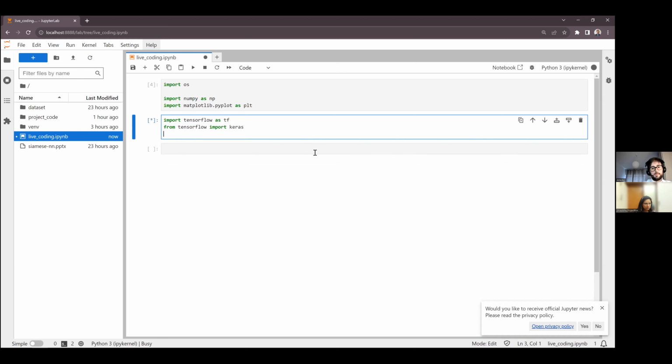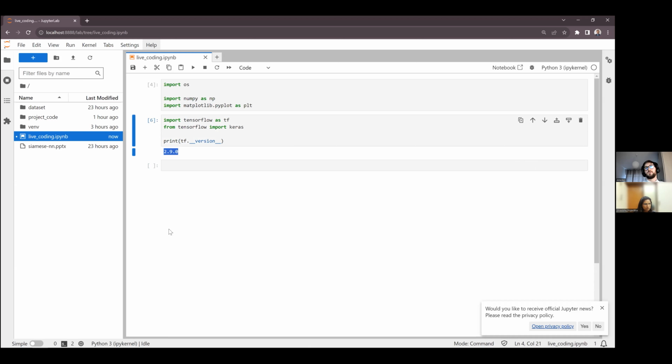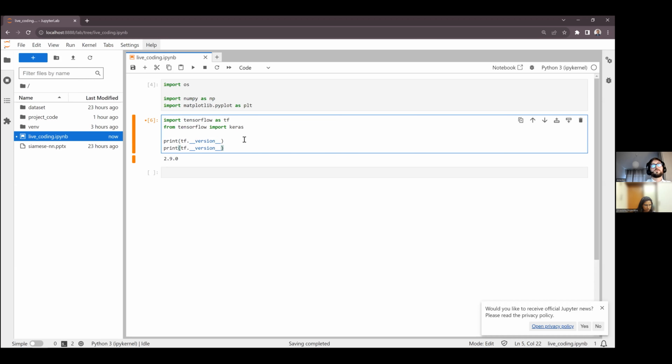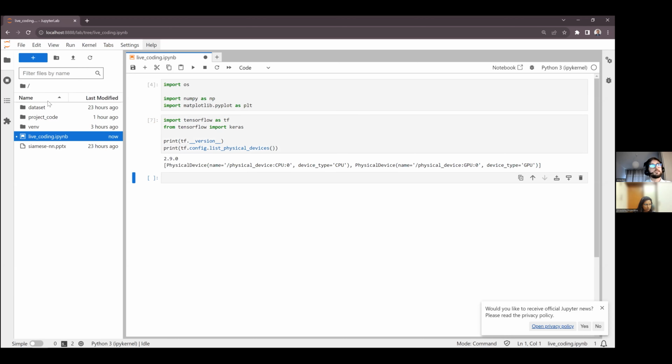Generally, when I import TensorFlow, I will also plot the version to screen, since there is always some compatibility issue depending on the CUDA version you have installed with other packages, etc. And also to make sure that I can get access to my GPU, I generally look into config list physical devices, so that we can see the devices we have on this machine.